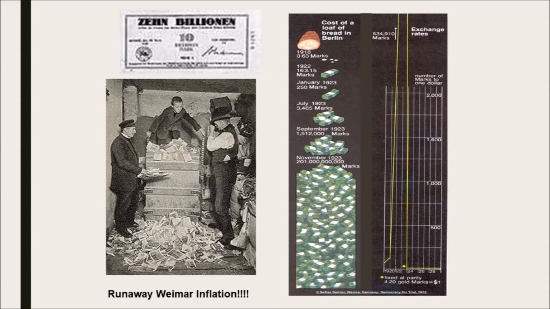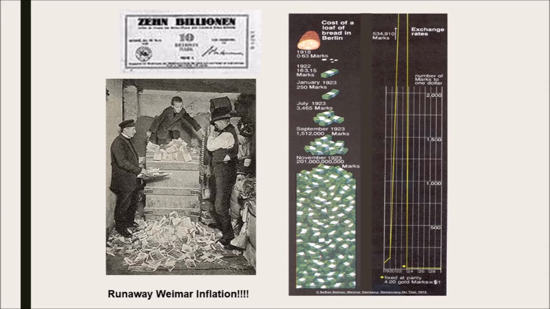You can look at this, the cost of a loaf of bread in Berlin, and you can see exactly how bad this inflation is. So in 1918, at the end of World War I, I'm going to say dollars instead of marks, okay? Because since we use dollars, it might be a little easier for us to understand. So in 1918, let's say it cost 63 cents to get a loaf of bread in Berlin. Okay, by 1922, you see it was